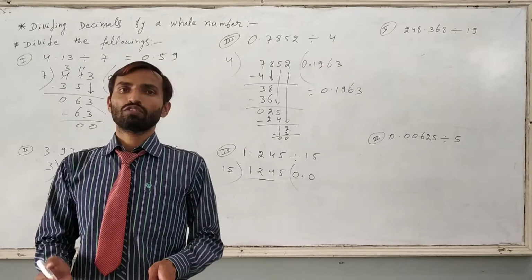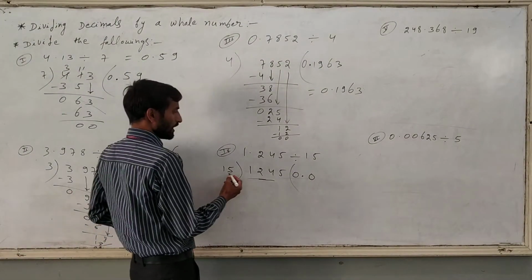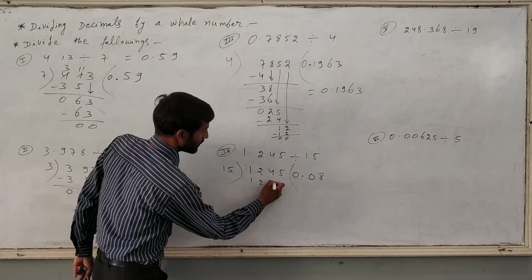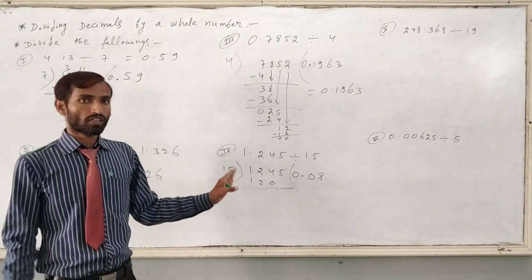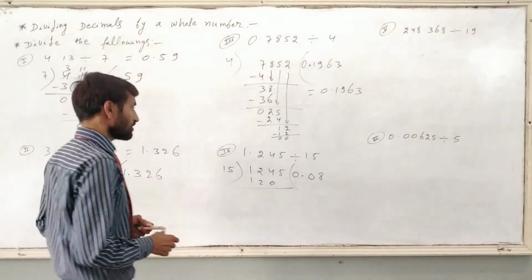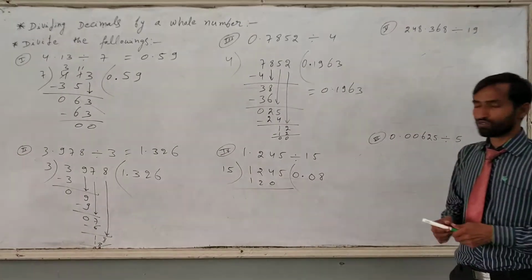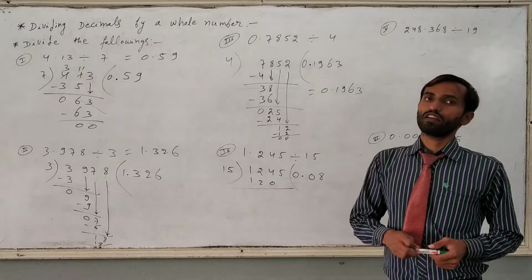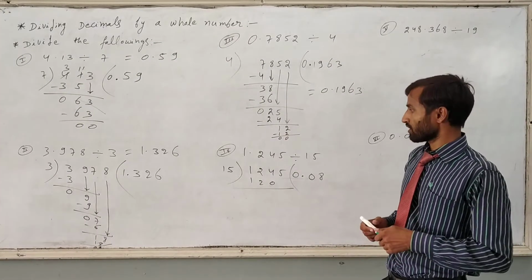124 is divisible, maybe we can divide by 15. So 15 times 8 is 120. So just write down 120 here. 15 times 8 is 120. You have to memorize the table, then you can do it easily. The table is necessary for division and multiplication. In mathematics, tables play a very important role. So you have to learn tables at least 1 to 30. That will be very helpful for any calculation, multiplication, division, fraction, or solving any questions.